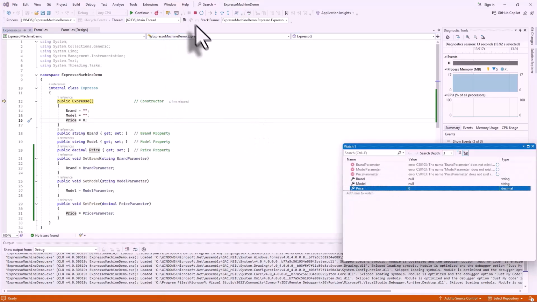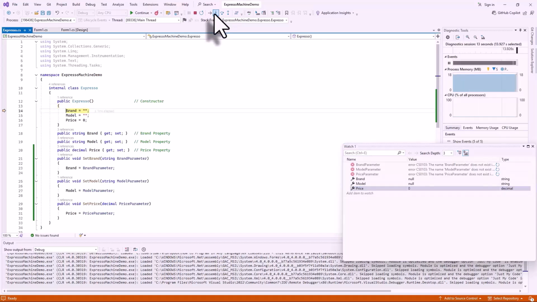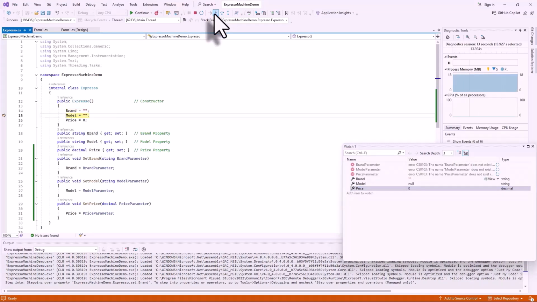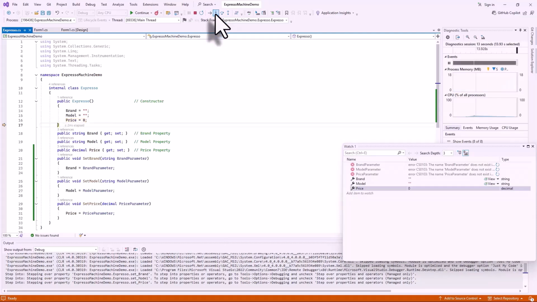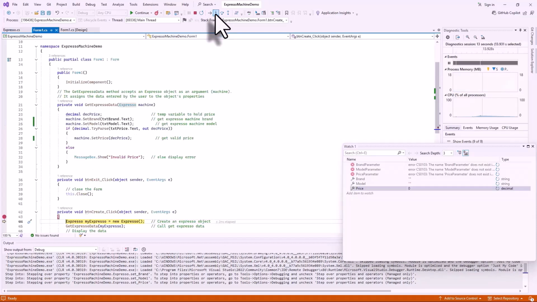Now as we step through this thing, it jumps down and creates the brand, model, and price as 0 in the constructor. And we can see on the right here, they're set to null, null, and 0. As we move through, it jumps down to our Espresso, new Espresso, gets on that, and we're going to get Espresso data, my Espresso. So the class has been created. We're then going to jump down,